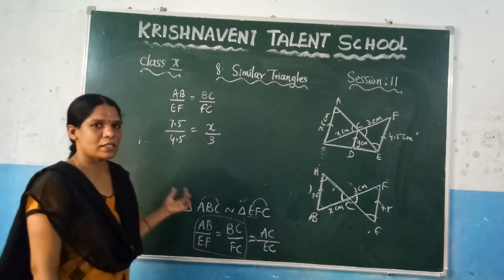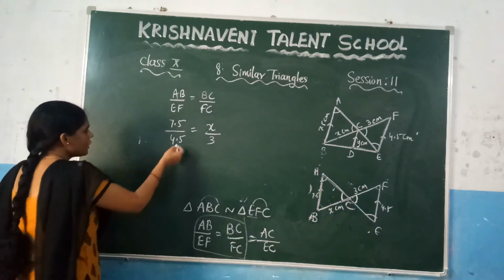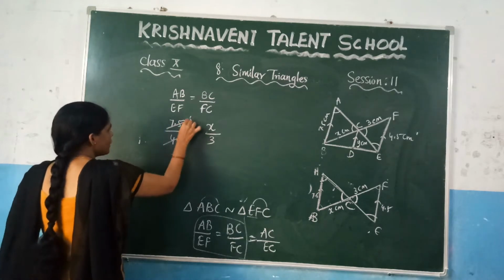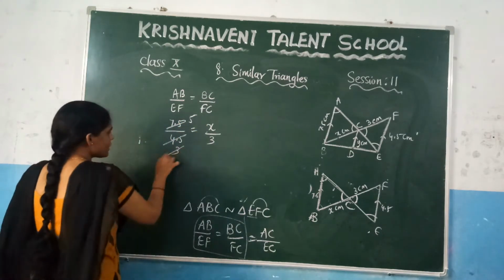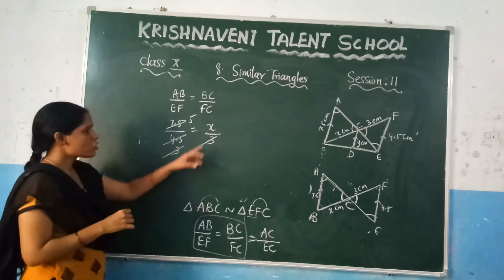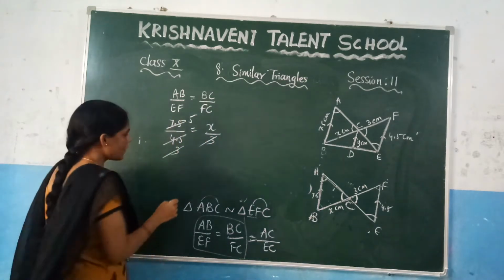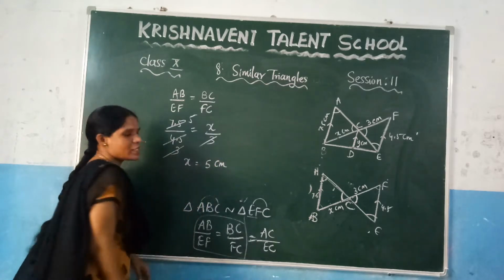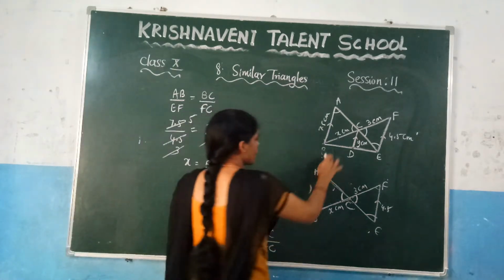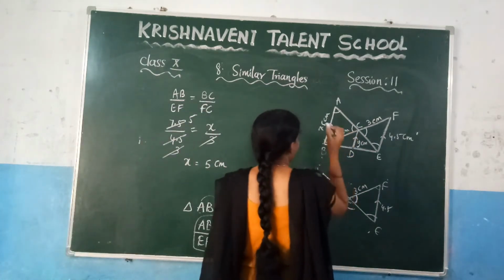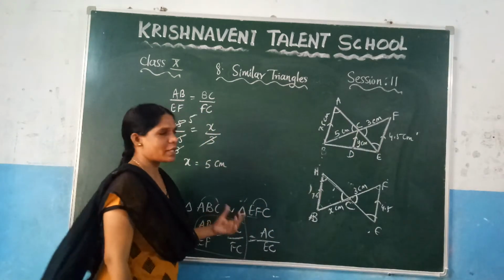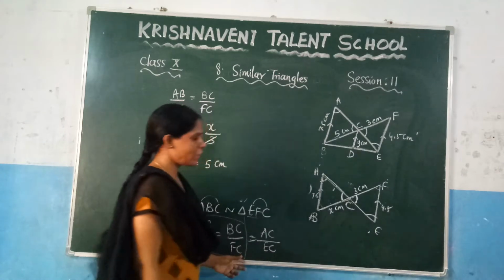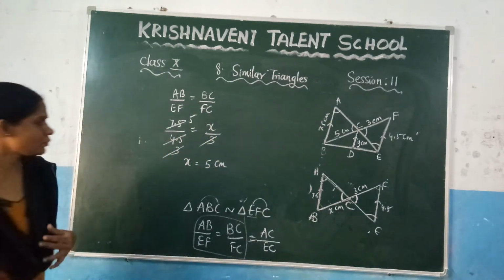Now just cancel here. What you will get here, you know that 15 3s are 45 and 15 5s are 75. And we know that this 3 we can cancel. So what is the value of x, which is nothing but 5. So here we got the value of x as 5 centimeters. So in place of x here, you can write it here 5. So you got the length of x. Now you need to find the length of the y. So how to find, just stick it here.